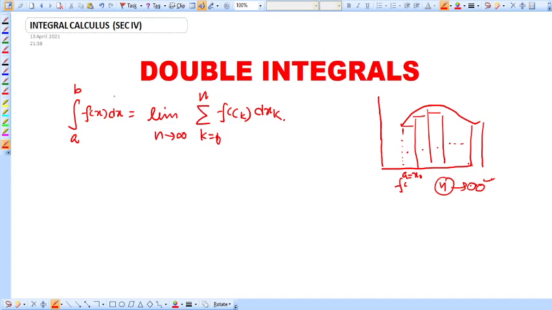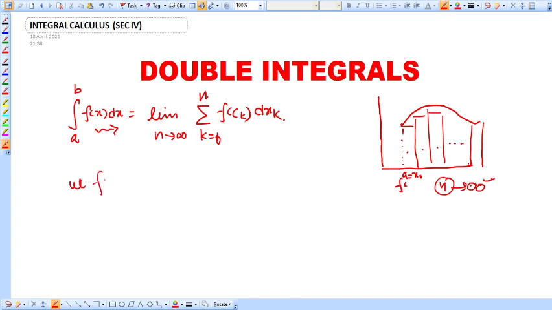So this is single integration, or you can call it line integration. This is the case of line integration. Now coming to double integration, what does a double integration imply, and what is the geometrical interpretation of double integration? Single integration means area under the curve, so what do we mean by a double integral? For that, let us take a function of two variables.